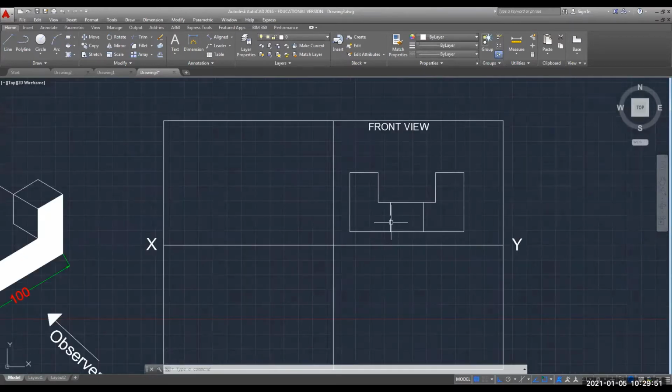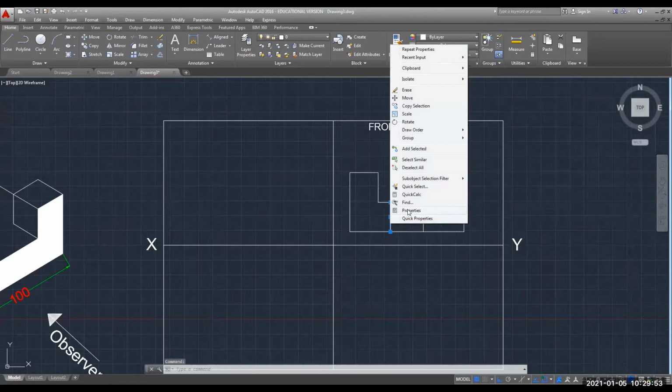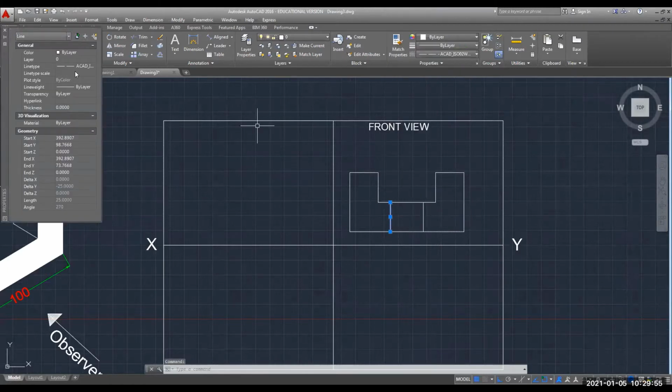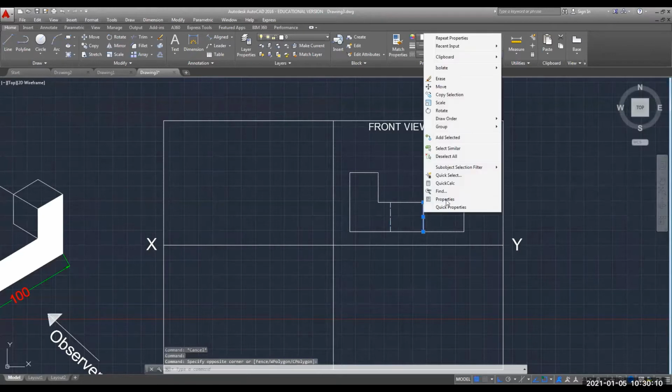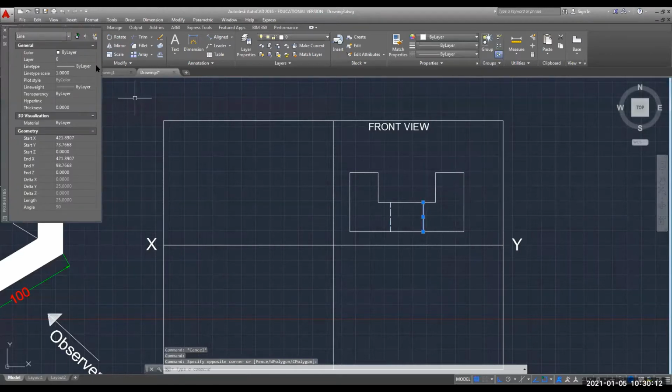So let us increase or decrease the scale so that more portion of this line will be visible here. Let us make it 0.5 and check how it is looking. Yeah, now it is looking like dash lines. Similarly, you can do this for this also: right click, properties, go to linetype, go to your dash lines and change the scale to 0.5.